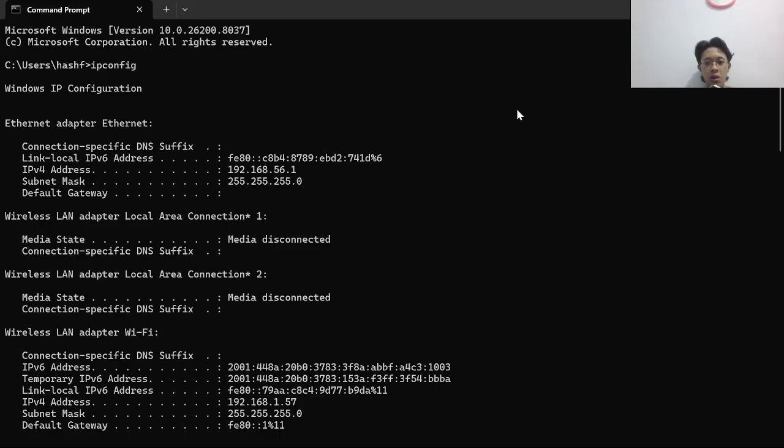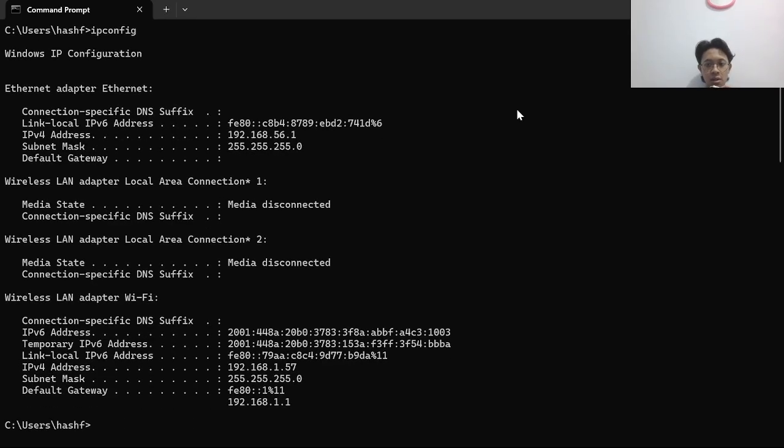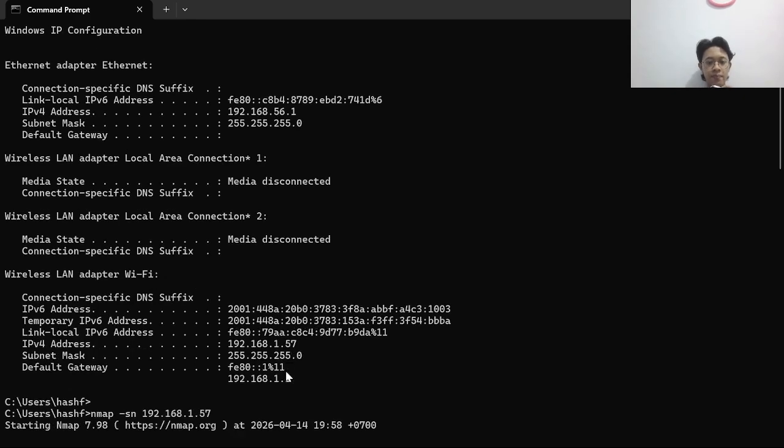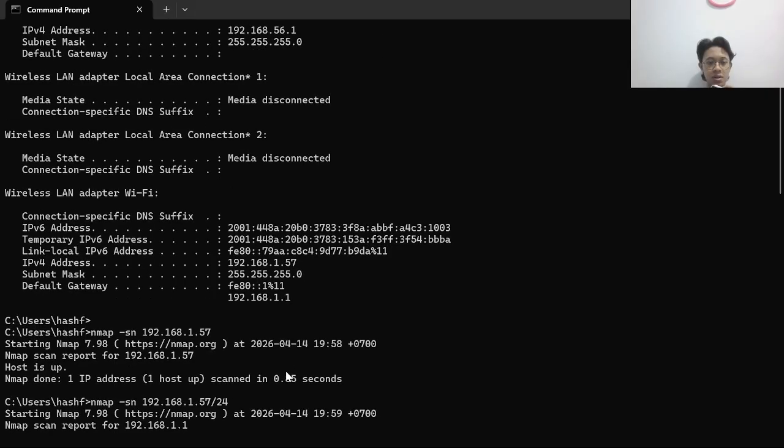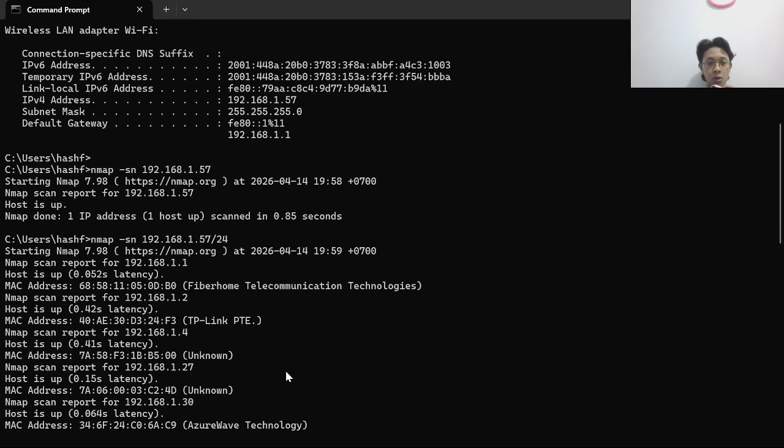We find the local network information. We use ipconfig, and my local IP address is 192.168.157. After we got the IP address, we use the code nmap